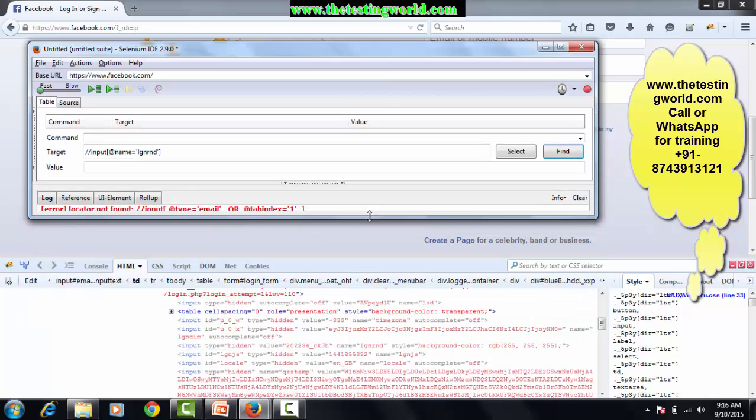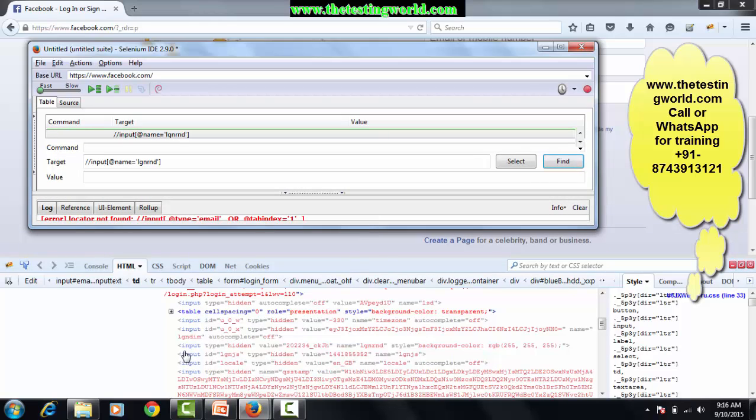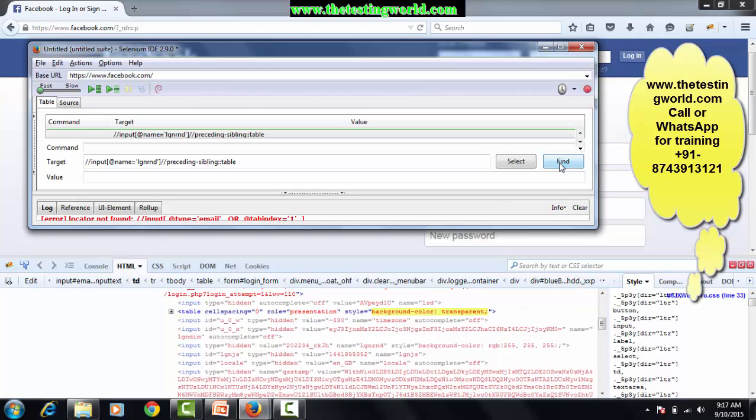Now I want to locate a sibling of this. Sibling means in the same hierarchy. So this table is the sibling of this input, because we can see that all these inputs and the table are on the same hierarchy. So what I can use is double slash preceding-sibling, colon, table. As I click on this, you can check we are able to highlight the table, and